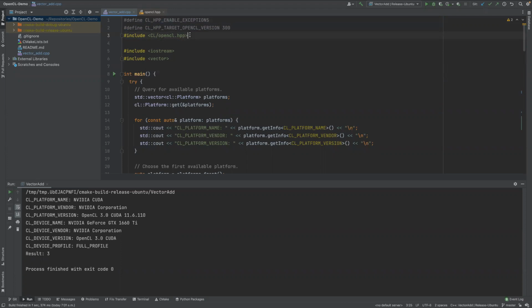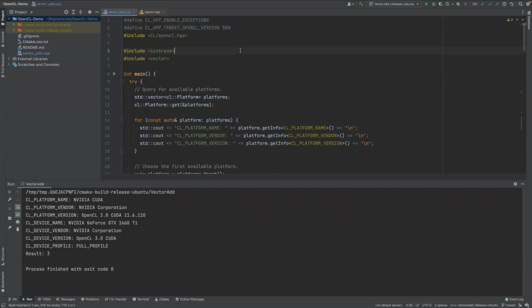For example, we can enable exceptions instead of classical C style error handling, and we can also utilize RAII to avoid manually freeing